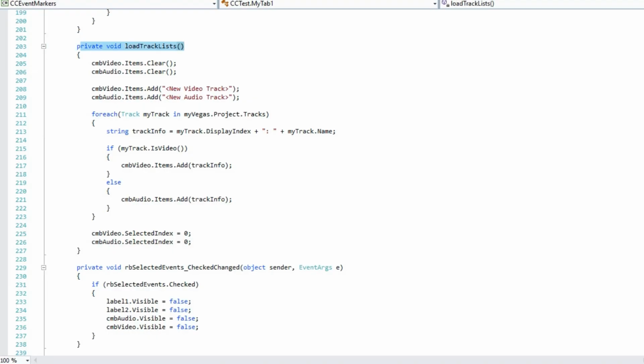The first thing I'm going to do is take the two combo boxes and clear them of any items that had been previously added. That way, if we've gone into this list multiple times, we don't have the same tracks listed over and over again. Plus, this is useful if we change project. Now, the first thing I'm going to add to each of those combo boxes is new video track or new audio track, that will allow us to tell the script we want to put a new one in there. And then I go through each track from